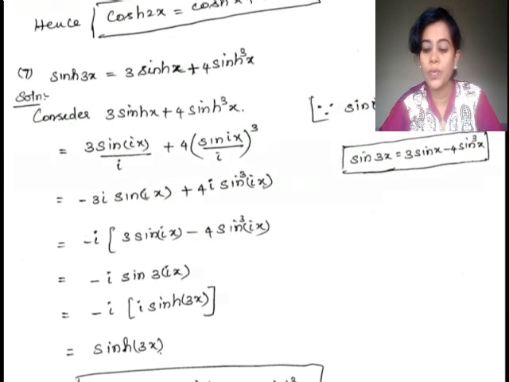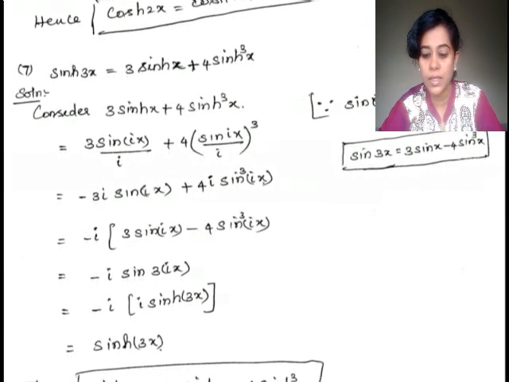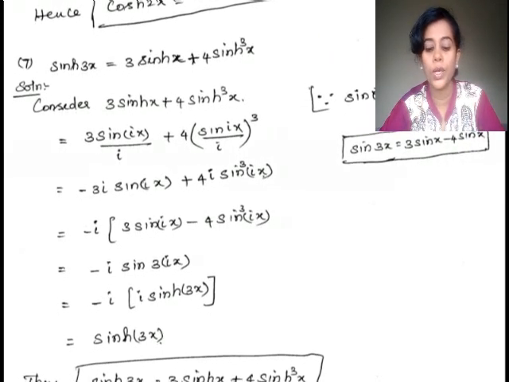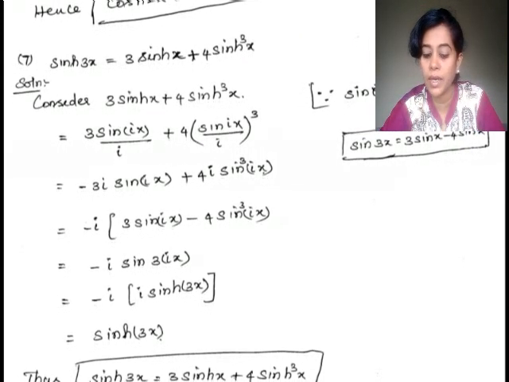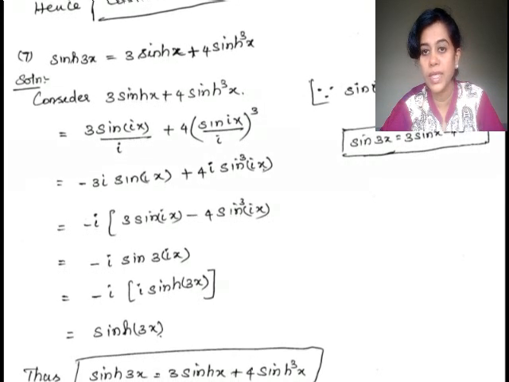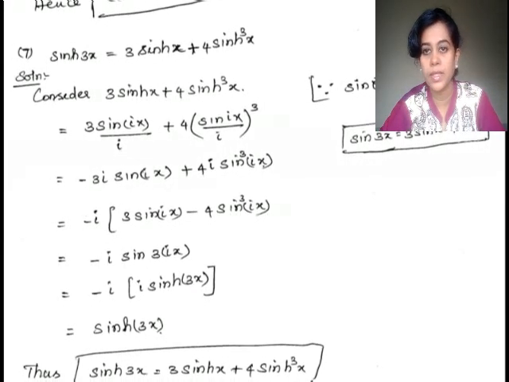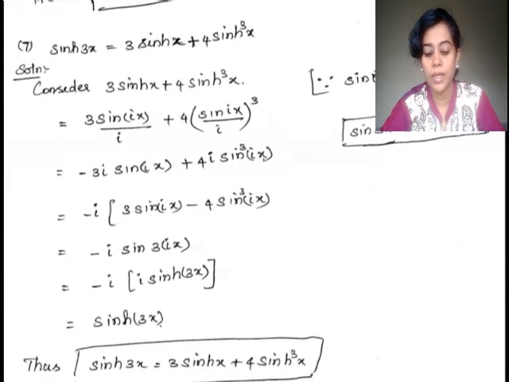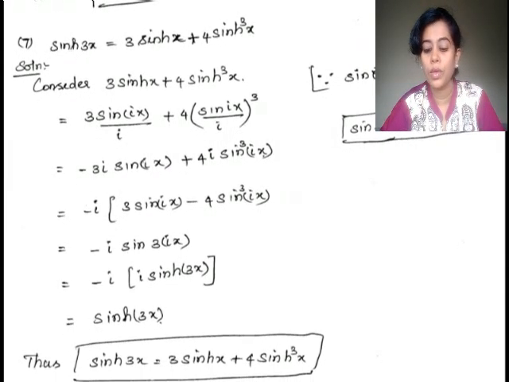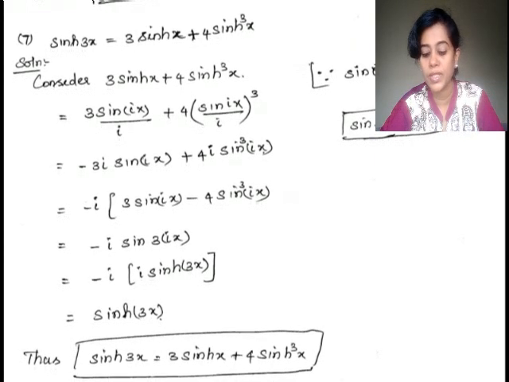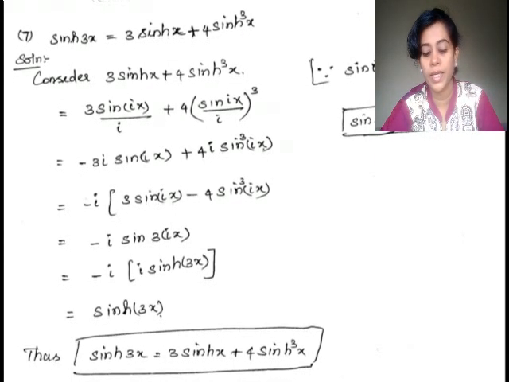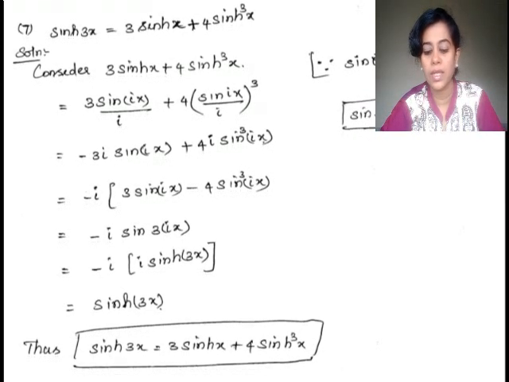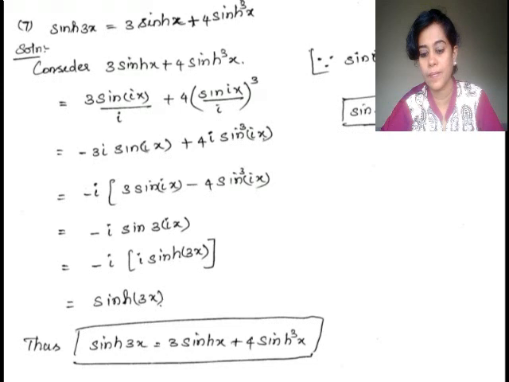And what is this? We all know that the trigonometrical identity says sin 3x is equal to 3 sin x minus 4 sin cube x. According to that, this is nothing but minus i times sin 3 ix. Ix is considered as theta. So sin 3 ix will be nothing but minus i into i times sinh 3x, or you can immediately write this as minus i sin i 3x. That is nothing but sinh 3x.